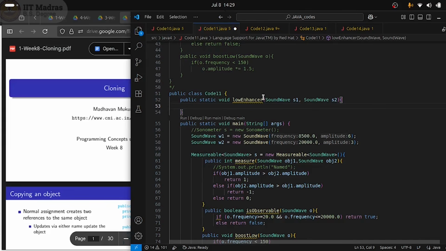Any class which has implemented the Measurable interface will have already overridden those methods according to the particular kind of wave it is dealing with, whether it is a sound wave or a radio wave. According to that logic, it has overridden the methods of the Measurable interface, right? So as a part of this low enhancer method, what I want to do is,